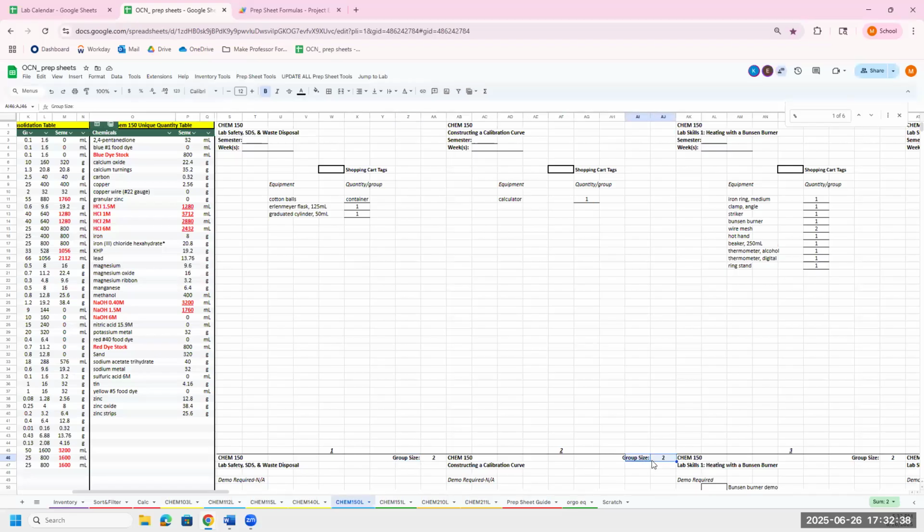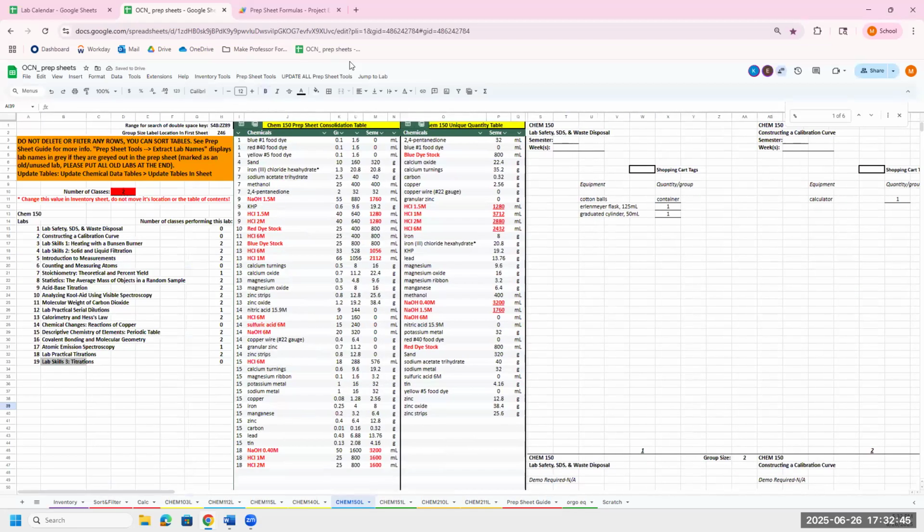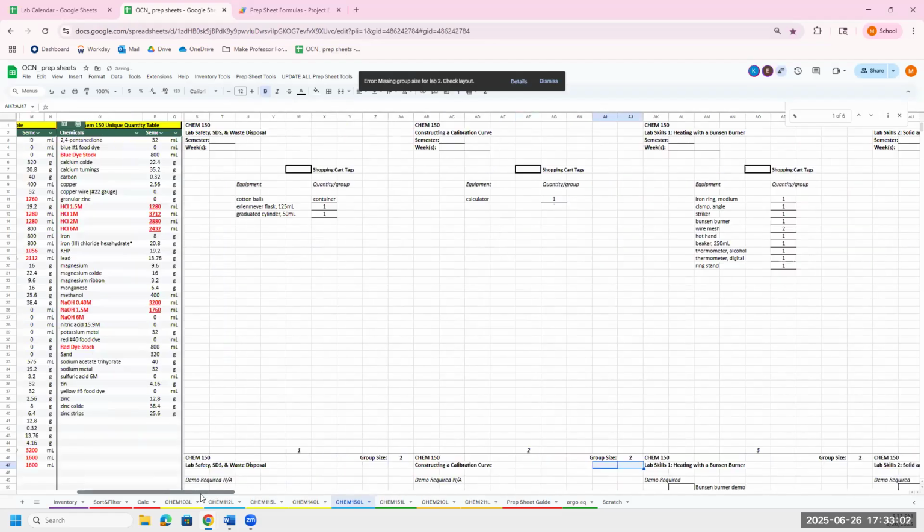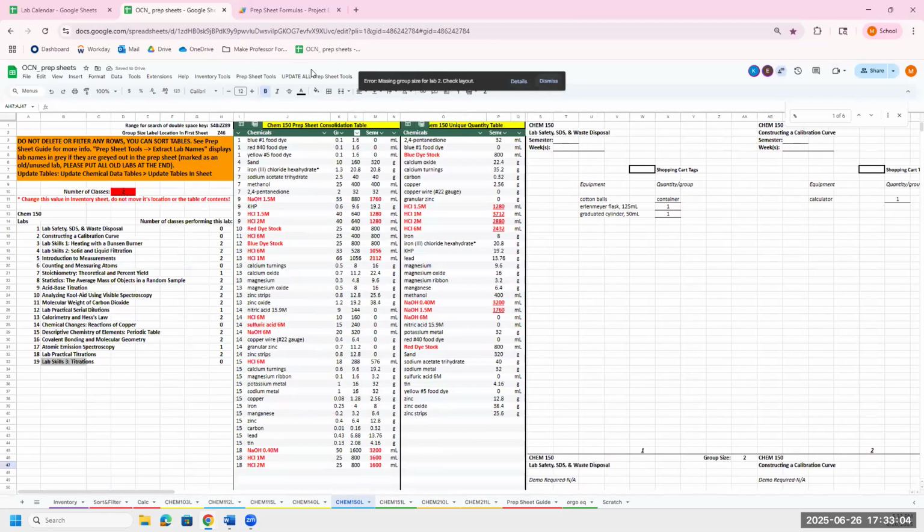So now what would happen if I were to move this down there? Now it's inconsistent. It doesn't do the same thing across all of the prep sheets. Now, if I do this again, I run the prep sheets. Missing group size for lab 2, check the layout. Again, that's because it's inconsistent. And if we were to move this back so that it's consistent, we dismiss this error, update tables, it'll run